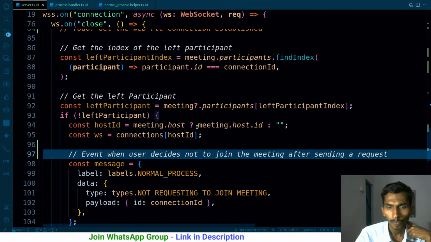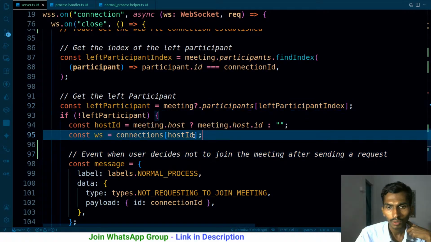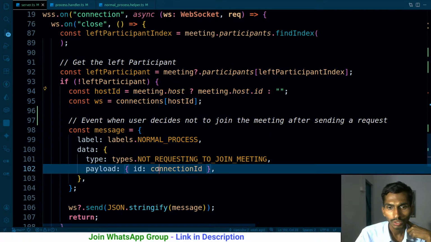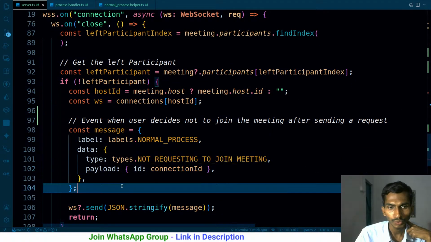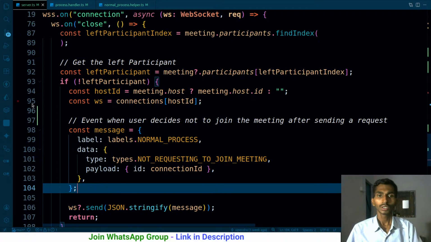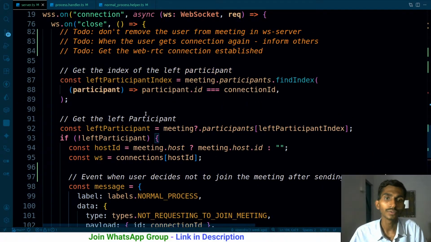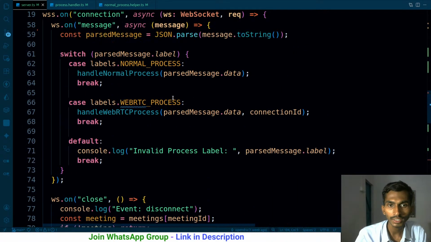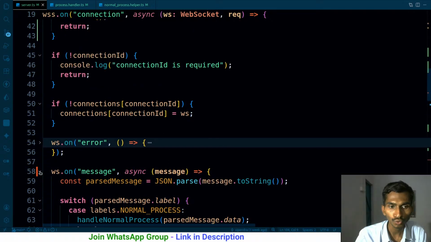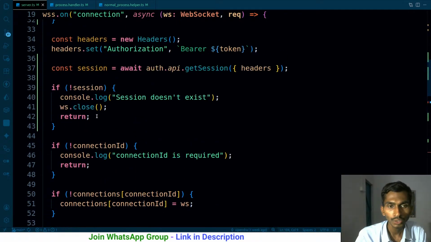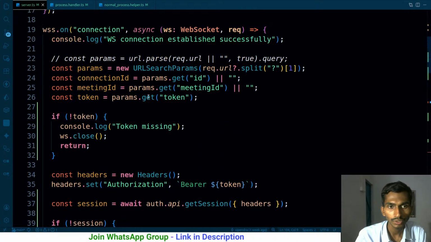And I'm gonna be informing the host with the ID of that particular user. That's fine, no problem with this. So this thing will work, definitely work. So ultimately what happens, user will just simply send a request to the host to join the meeting, and when the user actually gets connected for the first time, whenever the connection gets established